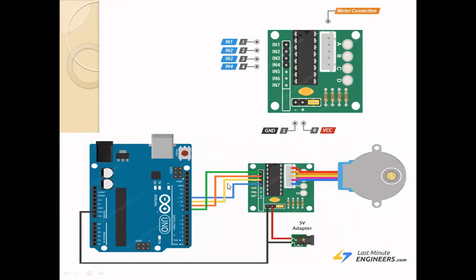Here we are giving the input. There are 4 inputs because for the stepper motor, 4 input pins are needed. So there are 4 pins connected. This is called the output pin. The output is connected to the stepper motor. So in this way, we can drive the stepper motor.